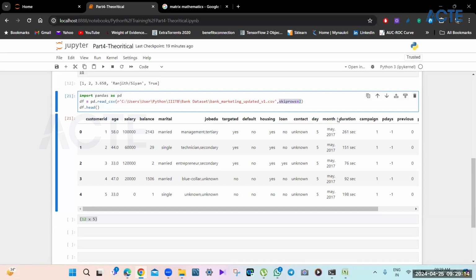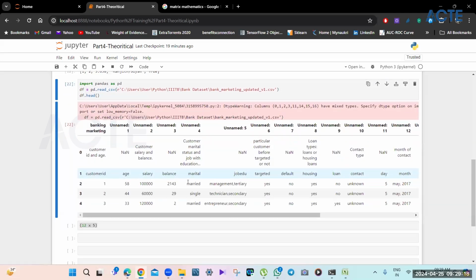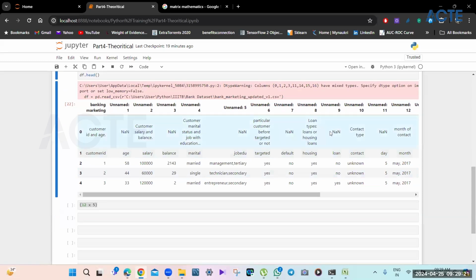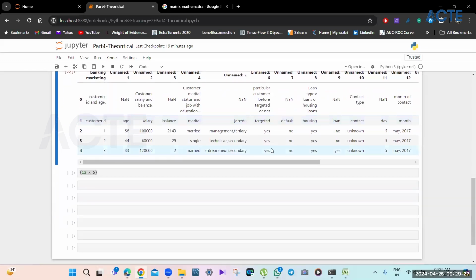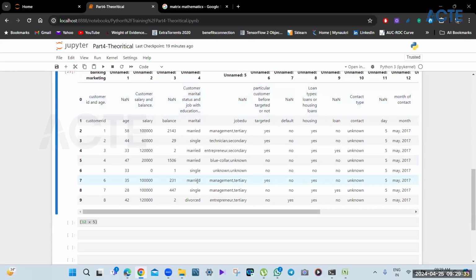Let me just take it out first. Whenever I'm running it, it's showing me some NaN and incorrect names or something like that. But upon going through the file, if you see some 10 rows, you will see everything is correct. Only the first two are wrong.